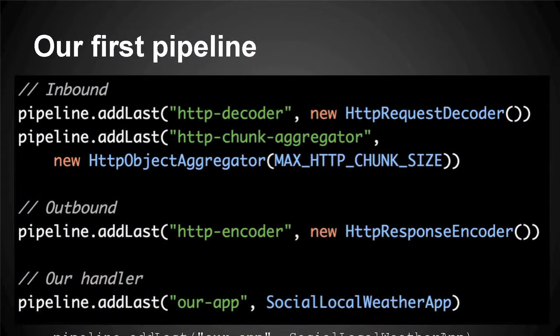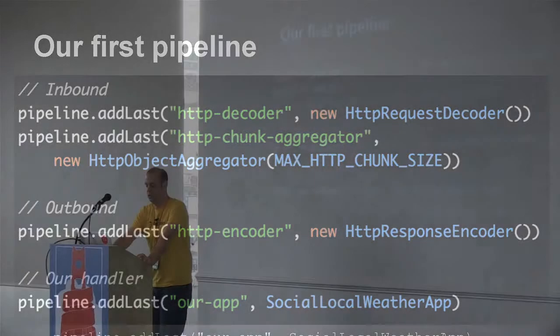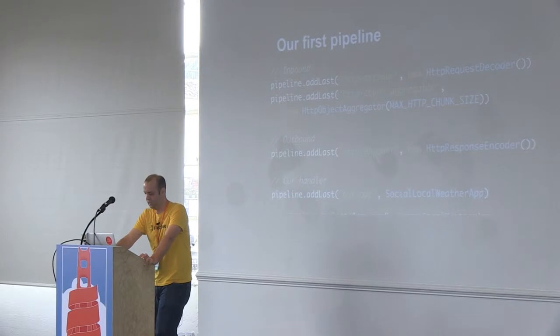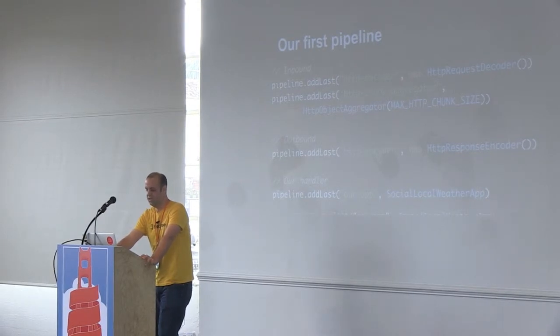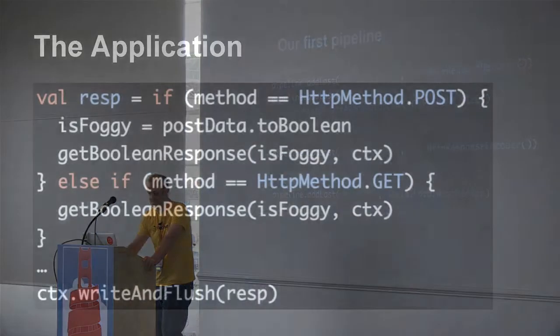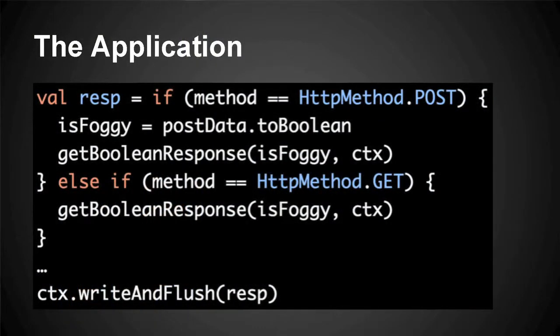So for our first example here, we're going to make a bespoke, social, local, big data weather application. And we're going to use it to let us know if it's foggy outside the Firebase office and we need to wear a hoodie, or if it's not foggy and we should carry one with us for later. And here's a little snippet from the first version of our app.